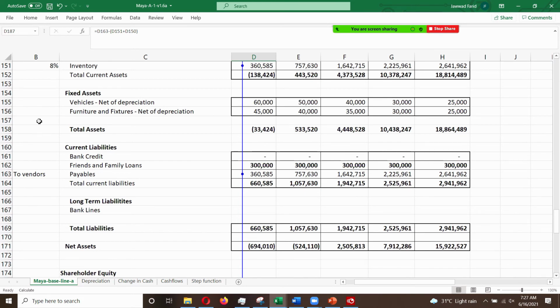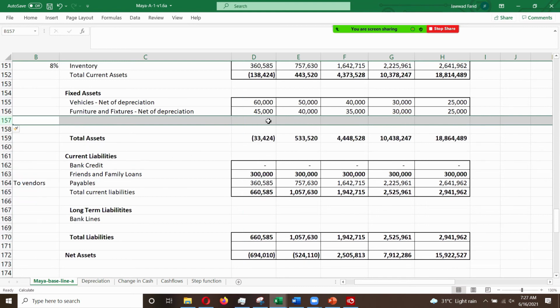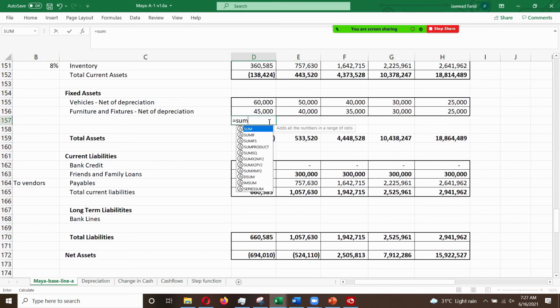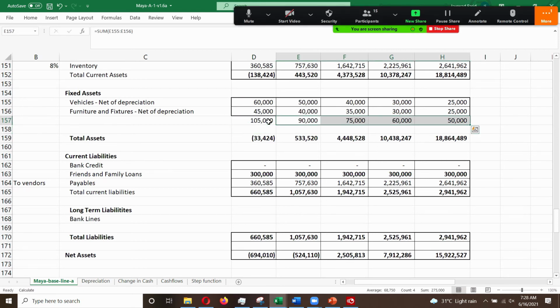So if you look at your fixed asset position, there is a change. If you sum this, it is 105, and you can clearly see that there has been a reduction, that these are reducing. So vehicles net of depreciation, there is an impact that's happening here, that's coming in some place, right, which is reducing the value of the asset. That's one element,